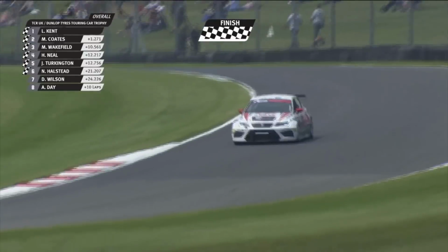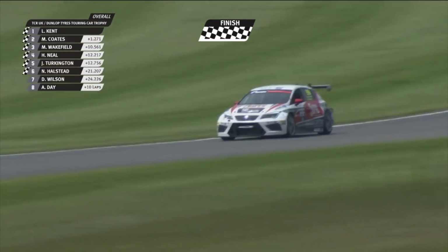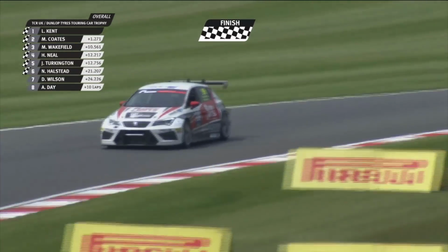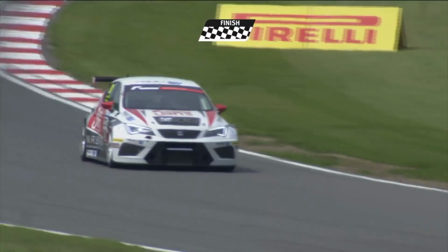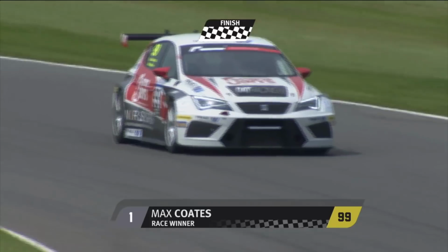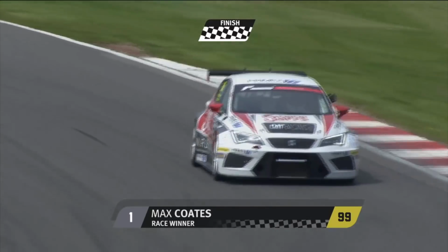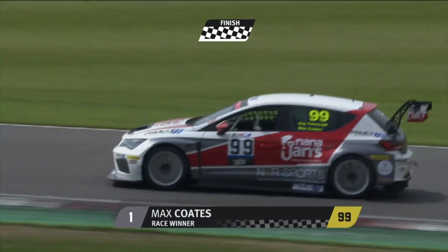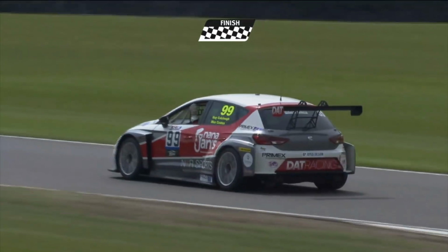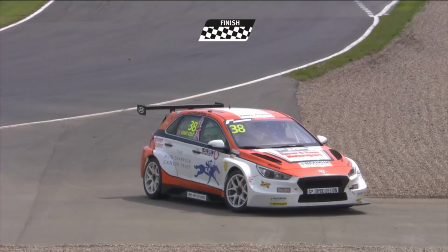And Max Coates, who was over 2 seconds behind at the start of the lap, I bet he was as shocked as anyone when he saw the Hyundai pulling over, and he is able to take the race victory. What drama out of nowhere, crushing there for Lewis Kent, but Max Coates gets the race victory. I think Lewis Kent is thinking, what do I have to do to get some luck with this car? Because even when it looks as though it's going to come right, he's pulled off to the circuit now,